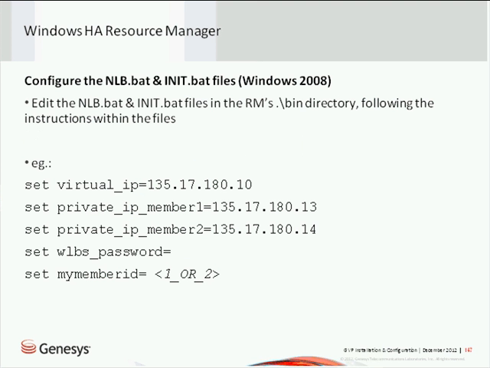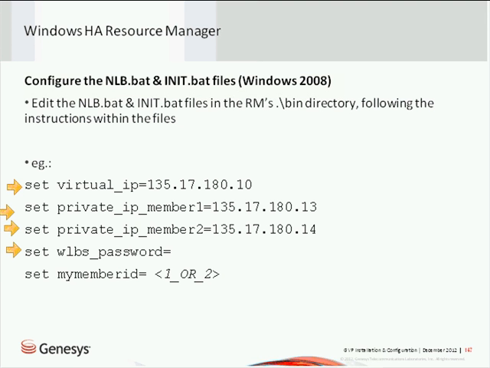You also have to modify your NLB BAT files, and in BAT files, the actual files are descriptive, so it tells you what to set. But there are basically 5 parameters, so you set your virtual IP to whatever it is. You set the private member IPs if you're using Windows 2008. If not, you leave the configurations default as 1 and 2. If you're using Windows 2003, the WLBS password you blank out if you're using 2008,